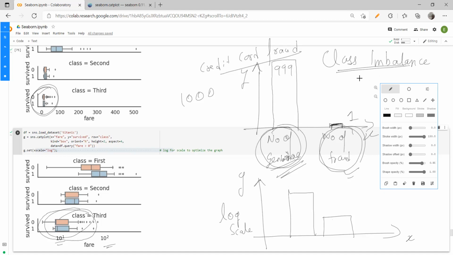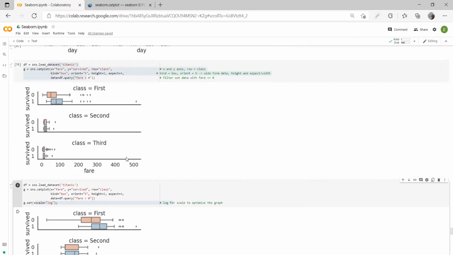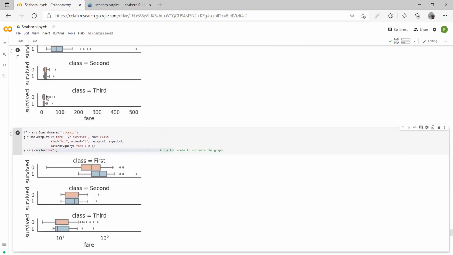And this class imbalance happens in many use cases. It can be credit card fraud, it can be defect detection in manufacturing, it can be cyber security, where you have to check whether someone is trying to come inside your network. That is also a class imbalance. There will be fewer cyber risks as compared to genuine transactions and so on. So if it is a big graph, it's still like that. But in the small graph, you can see that it has zoomed in significantly and you are able to read it far better.